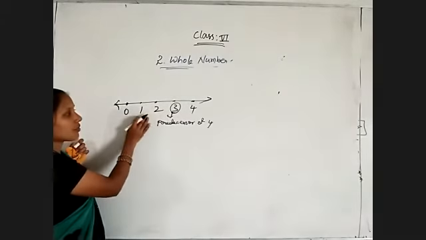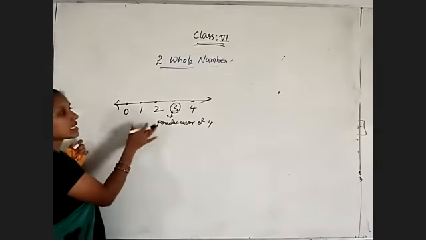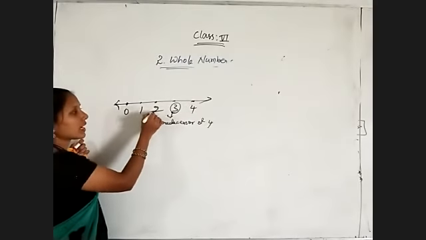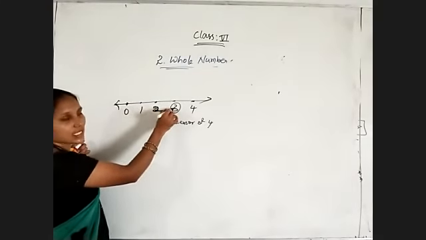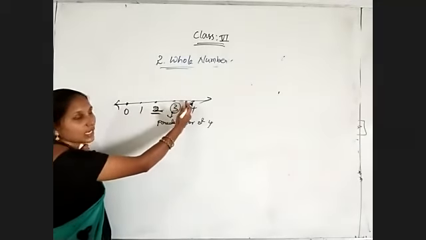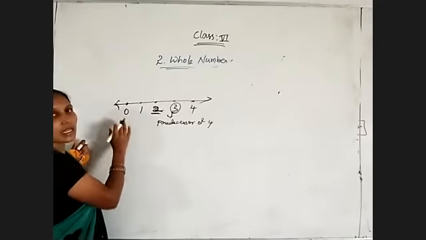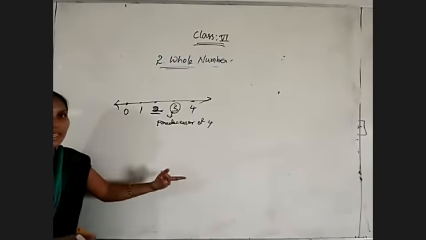So just observe, the predecessor of 4 means just the number before, means left side. Always the predecessor of any number lies on the left side on the number line. Okay. The successor of any number lies on the right side on the number line. See, if I take 2, for 2, 3 is the successor. So the successor of 2 lies on the right side on the number line. The predecessor lies on the left side. Okay. Smaller values always lie on the left side.